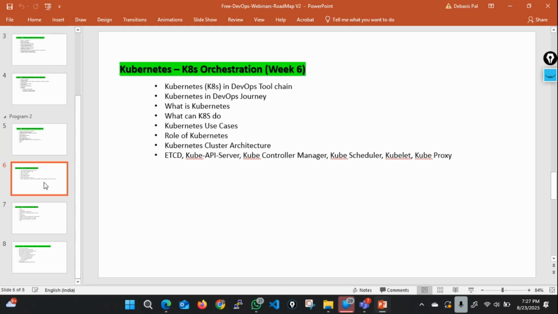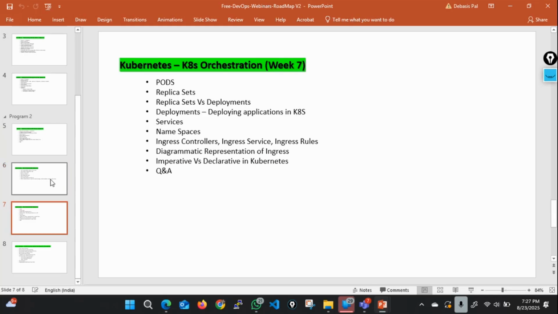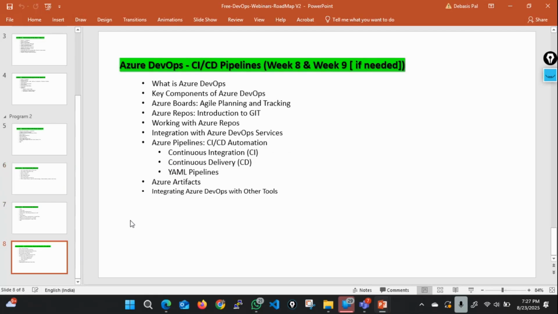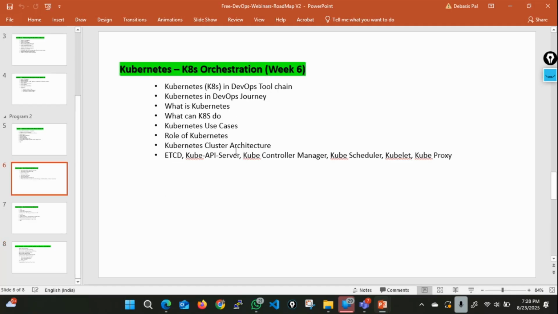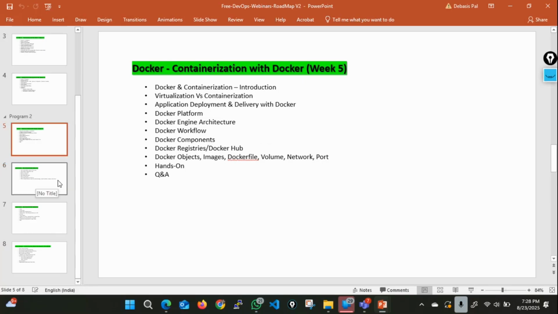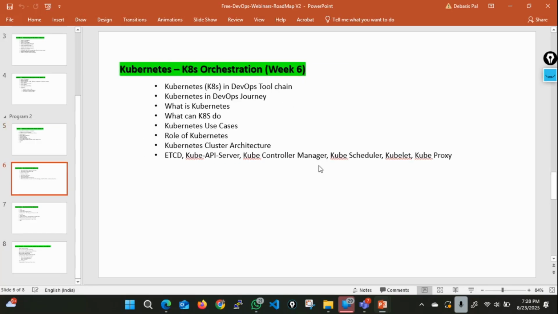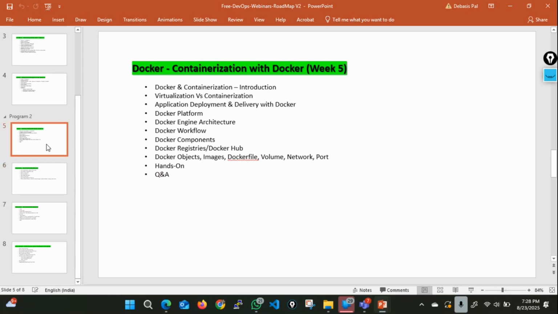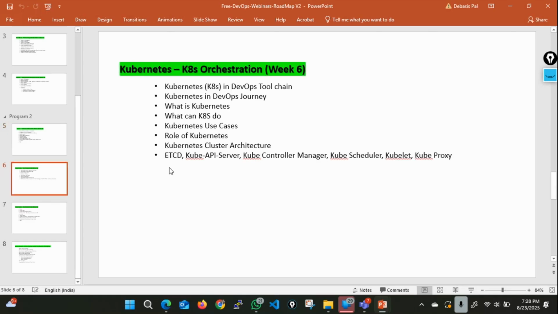We will take a decision whether we will do 2 sessions on Kubernetes, or 1 session, maybe 2 sessions on Azure DevOps, that is the CI/CD pipelines. We can end at that point, we will take a call. Why Docker? We have learned Docker and we will implement Docker on a larger platform, an orchestration platform. So that's why we learn Kubernetes. Docker is not complete if we cannot implement Docker over some orchestration tool called Kubernetes.